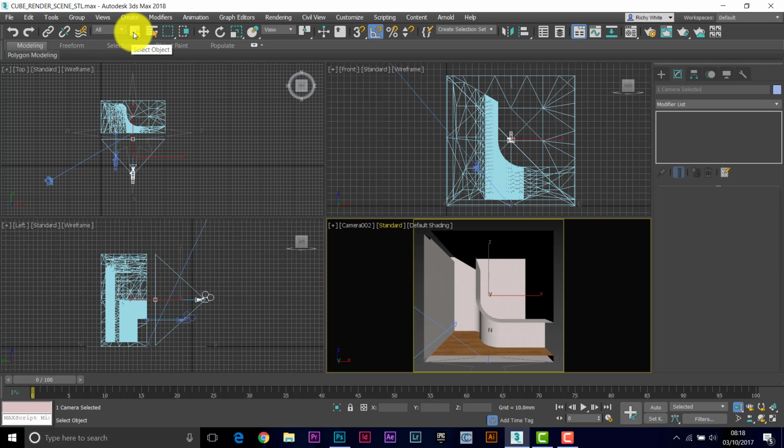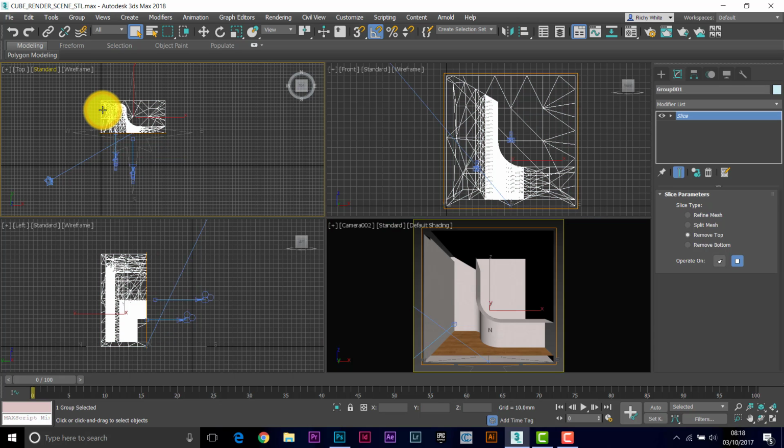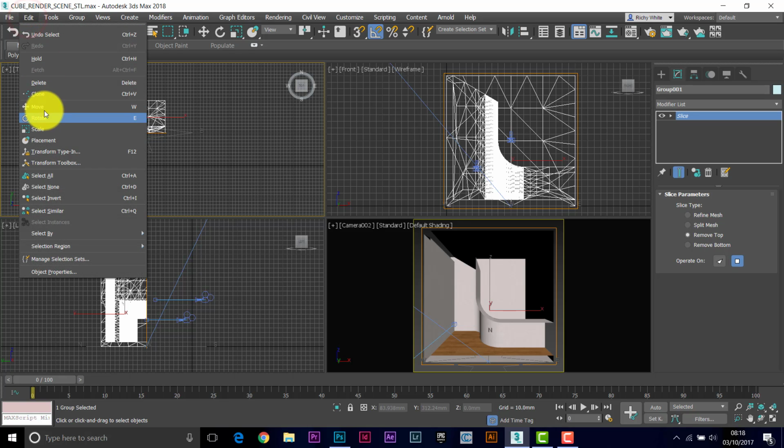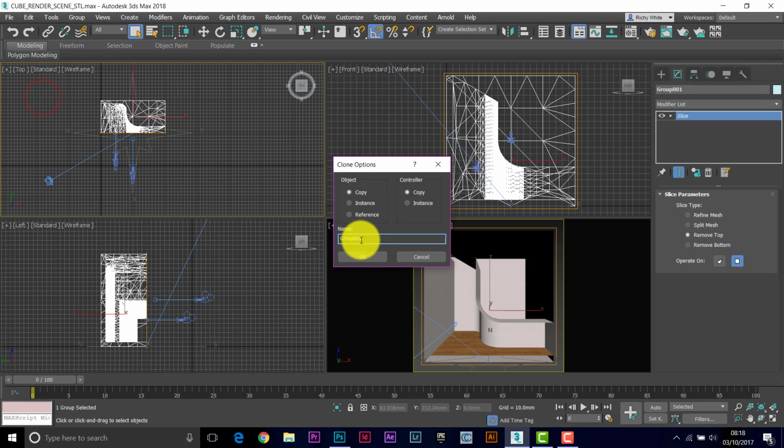Get your select tool. Click on the section on the model group, and clone that in place. So edit, clone to group 2. Don't instance it, otherwise whatever you do to one will affect the other. So we copy that,